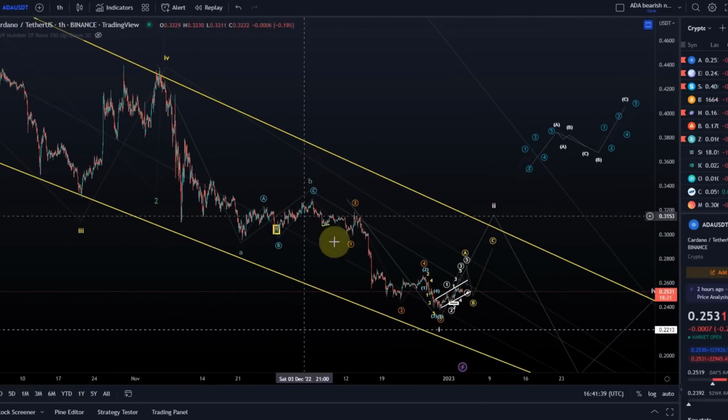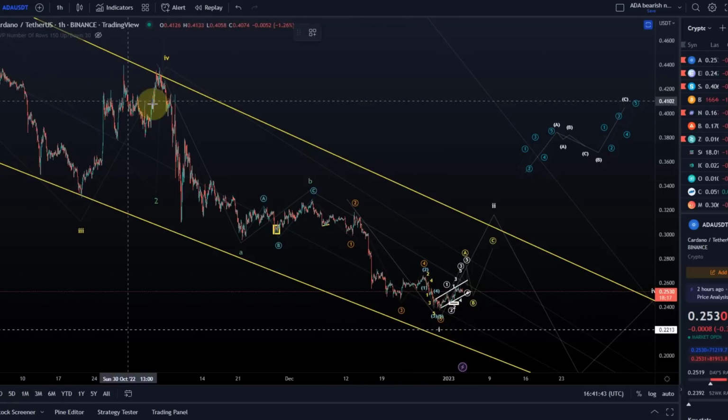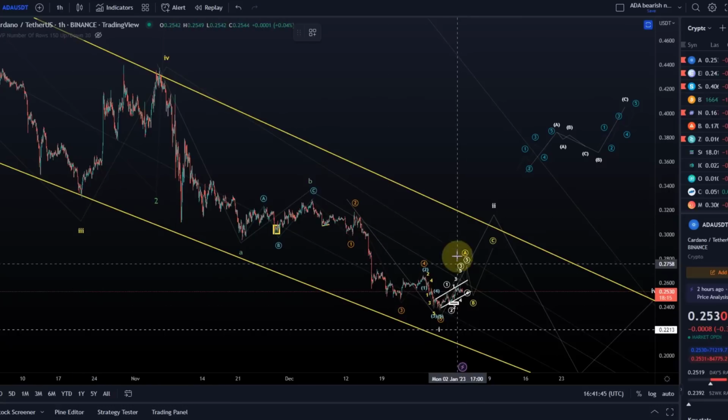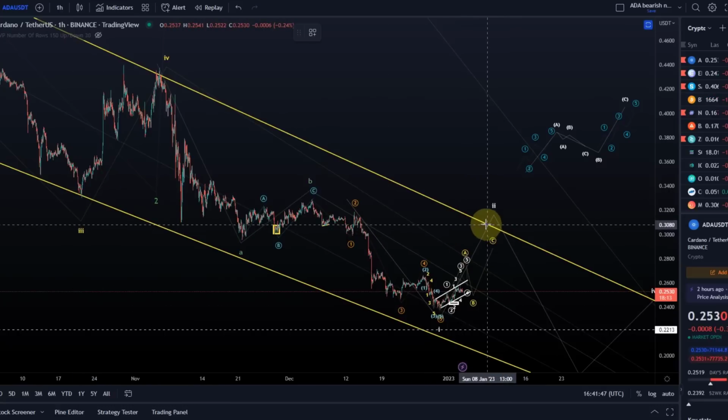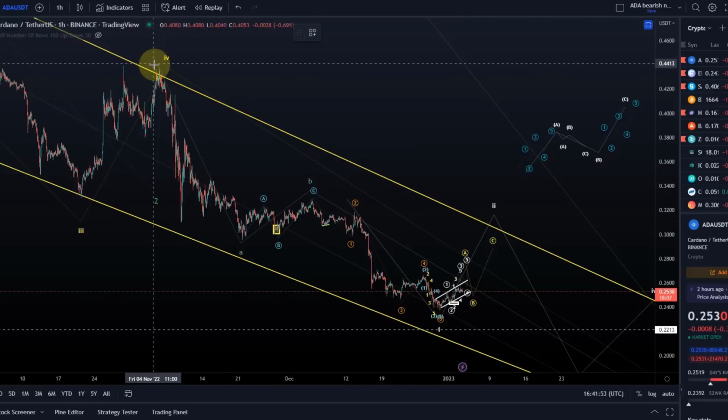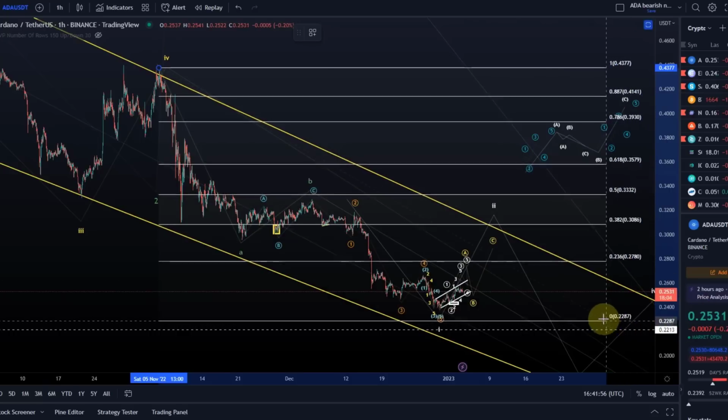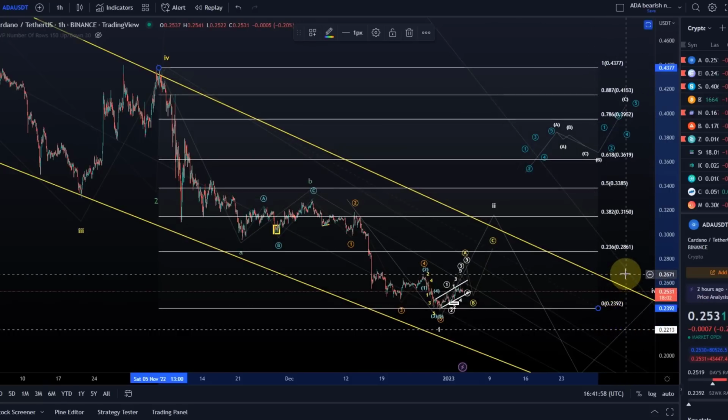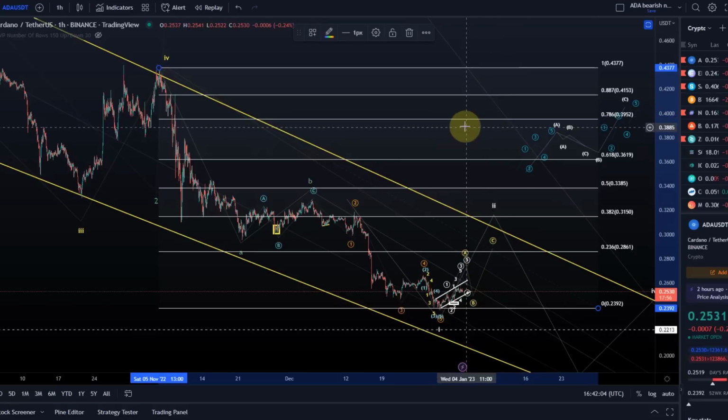But if we're talking about that, all of this was a wave one. If we really are in a wave two, the first thing that you might use is this trend channel, and the trend channel ends at, let's say we go all the way up to the trend channel today, it might take us to 31.5 cents. But if we look at the Fibonacci retracements, what a wave two normally does, we're talking here about all the way up to 39.5 cents.